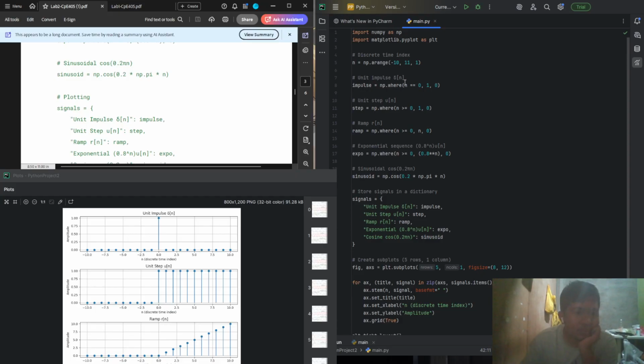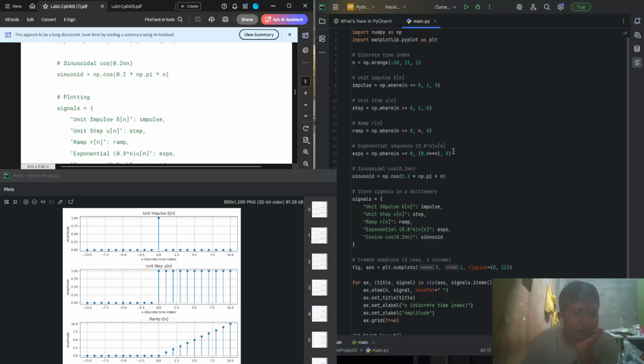For the unit impulse graph, when n is equal to 0 we have 1, else the amplitude should be 0. For the unit step, when n is more than or equal to 0, we step by 1.